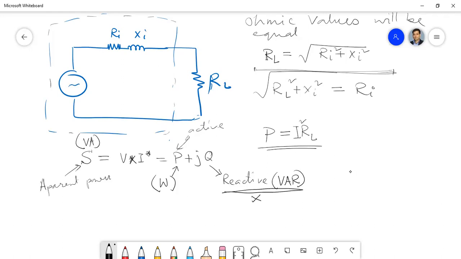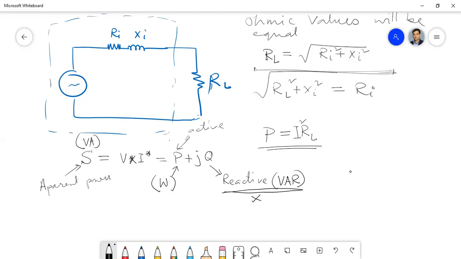And reactive power is a different thing. Reactive power is not related to work done. No work is done by reactive power. That means in mechanical terms we will not get any work, because work done is basically a mechanical term. So we don't have any work done by this reactive power. But in electrical, it has major significance because it is related to voltage control.